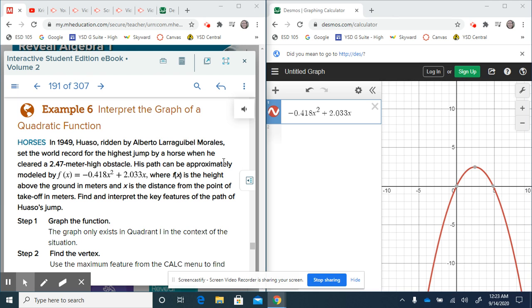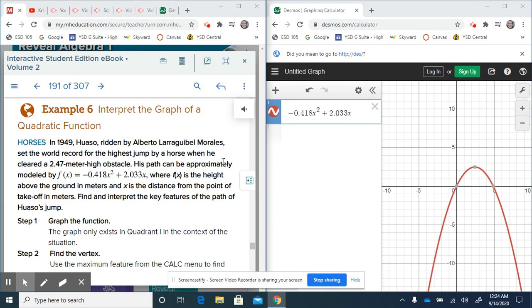So in 11.1 example 6, we're going to interpret the graph of a quadratic function. We have this guy that set a world record for the highest jump by a horse. He cleared a 2.47 meter high obstacle. So they created this function for his path: f of x equals negative 0.418x squared plus 2.033x. F of x is our height above the ground in meters, and x is the distance from the point